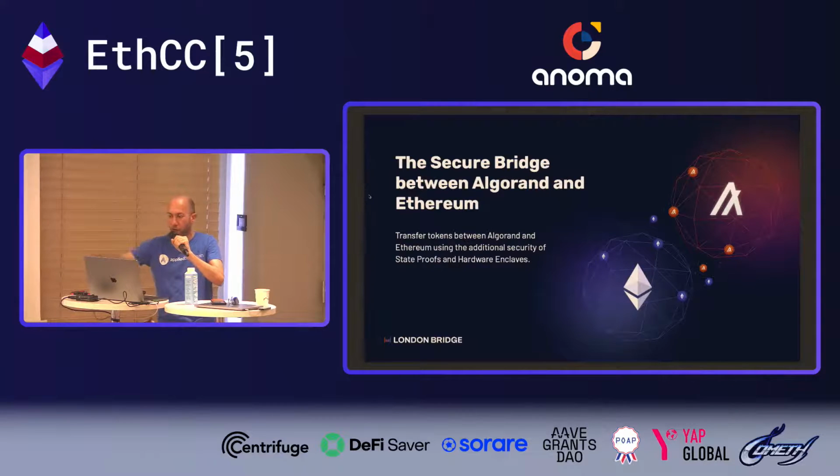Oh, very quickly, we've also built on Intel SGX and enclaves. We've got a token bridge, which we built between Algorand and Ethereum to enable liquidity between those two blockchains. And we'll be integrating with others as well. But we use the attestation feature of the enclave to make the bridge more secure. So again, as a bridge operator, we can't interfere.